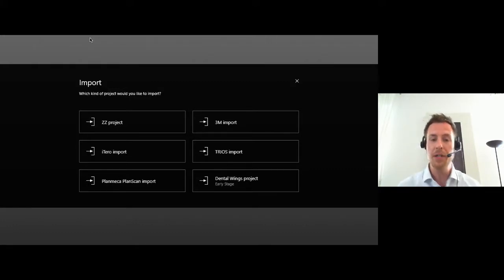Well, the original formats are kind of raw data. They contain a lot more information about the scan itself. The conventional STL format is a converted format, and I'm pretty sure that we lose a lot of quality and details that are necessary for our workflow. Of course, you can use STL files, but I'm more a friend of using the original